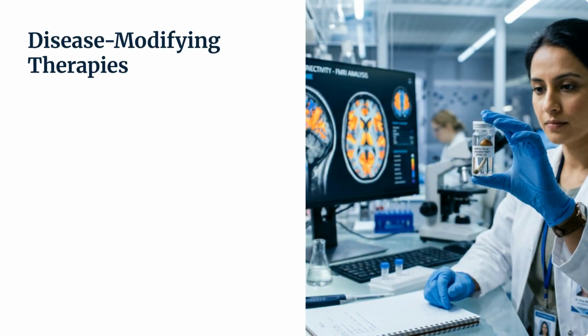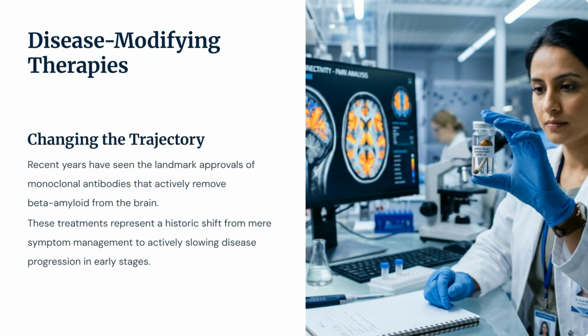Current standard treatments target symptoms with drug classes like cholinesterase inhibitors, glutamate regulators, and orexin receptor antagonists. Anti-amyloid antibodies are now available to address disease progression,